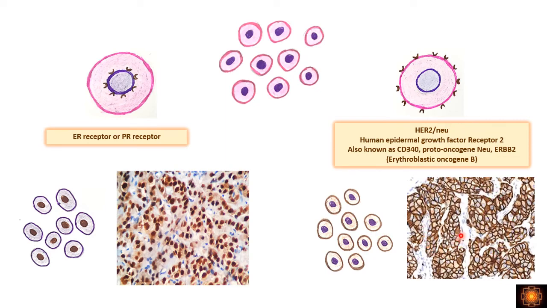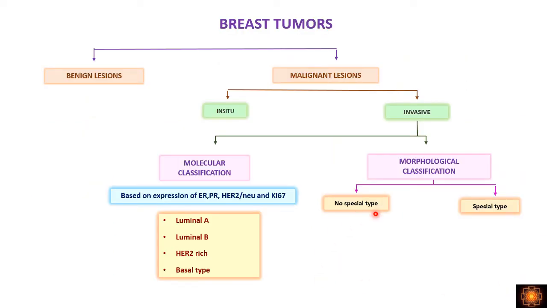Similarly, for HER2/neu, because the receptors are on the cell membrane, when we do the immunohistochemistry, the cell membrane will stain brown. This is how it appears in the photomicrographs. You see how clear the membranes are. This is because the membrane has HER2/neu, and this receptor has been stained by the chromogen. So this is the difference in their expression. Ki67 also gives nuclear staining only, and it appears similarly.